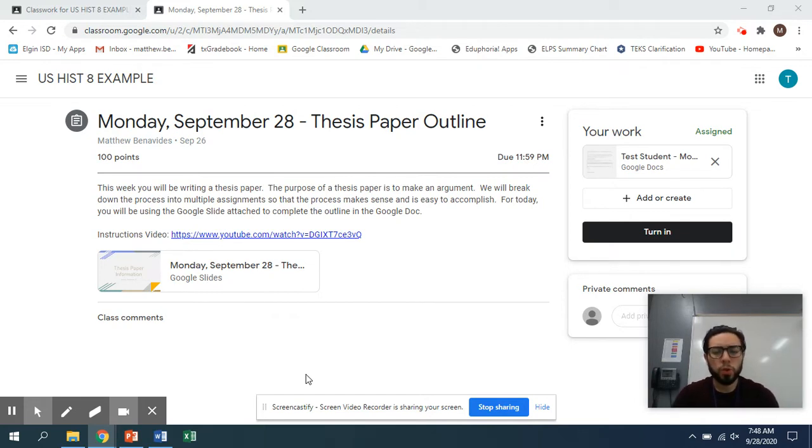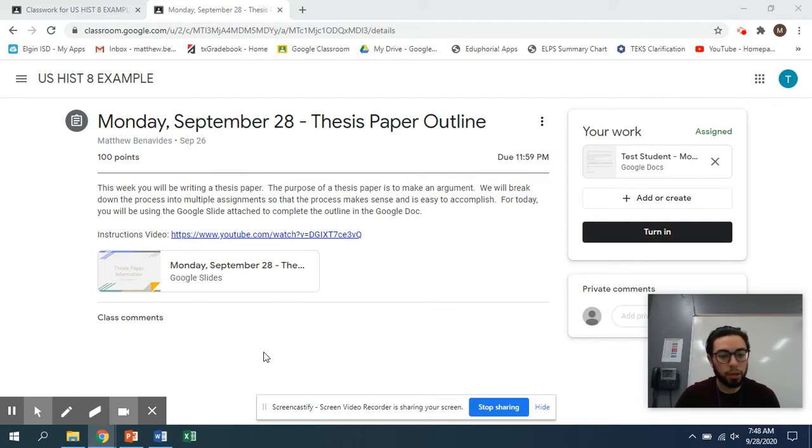So, in the first week of this unit, we covered the southern colonies. In the second week of this unit, last week, we covered the northern colonies. So what you're doing up until Friday is you're writing a paper, a thesis paper is what it's called, about the two, and really more so saying which one is better, which one would have been better to live